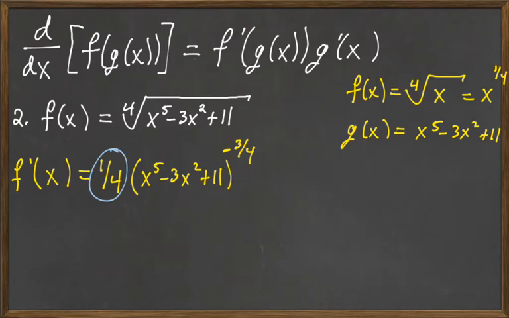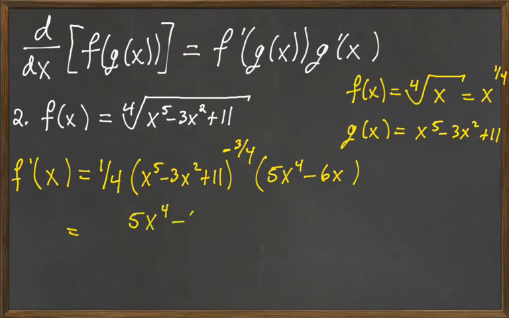Now the other thing we need to do is multiply by the derivative of g of x, which will be 5x to the 4th minus 6x. Okay, the last thing we can do is simplify this so we don't have that negative exponent anymore. So we have 5x to the 4th minus 6x divided by 4,